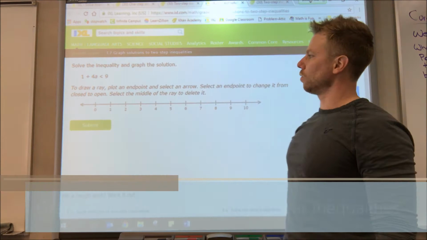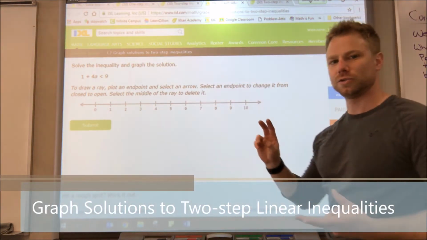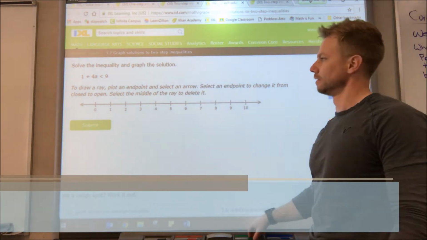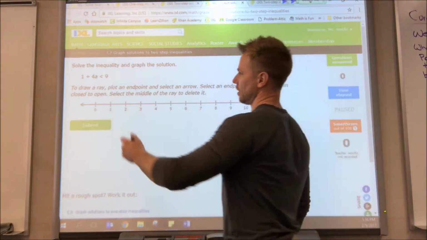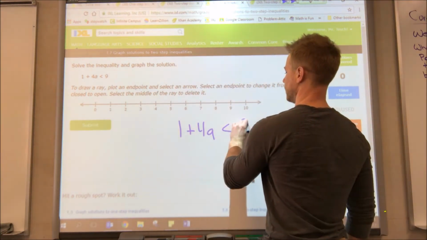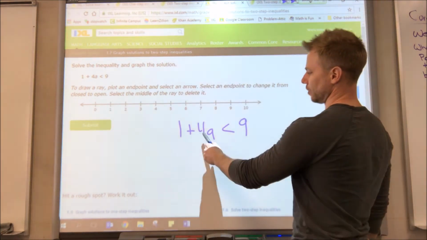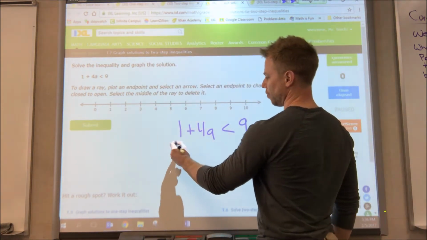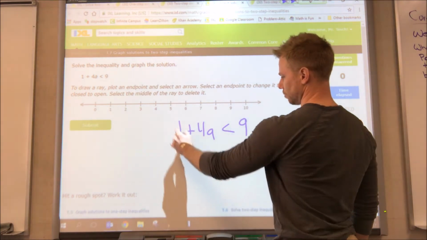Alright, we have an inequality. We need to solve it, and then we need to graph it on this number line. So we want to get a by itself. We have 1 plus 4a is less than 9. Want to get rid of the term without an a, so get rid of that 1, do the opposite of what we see, subtract it,